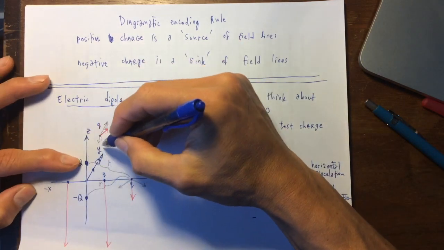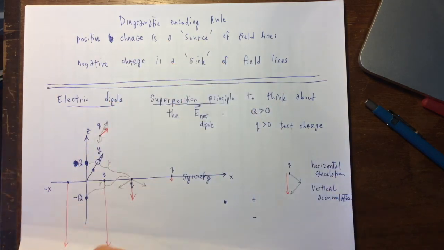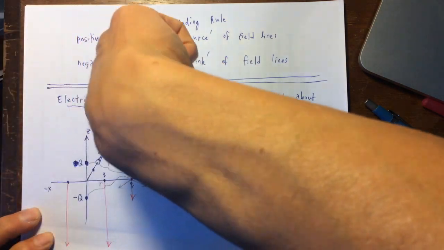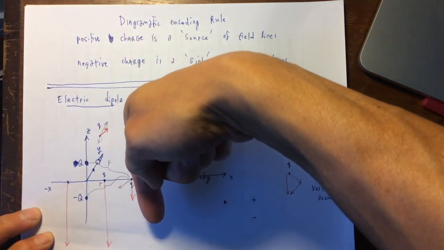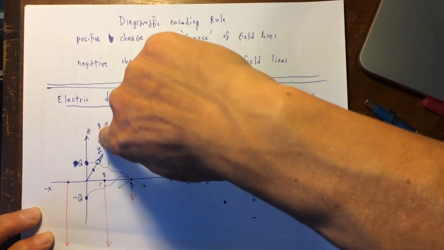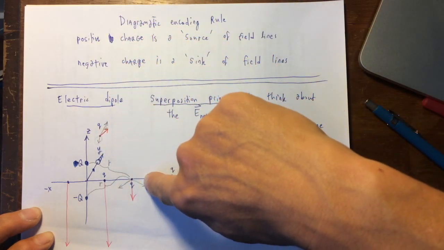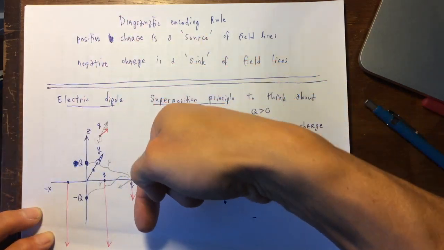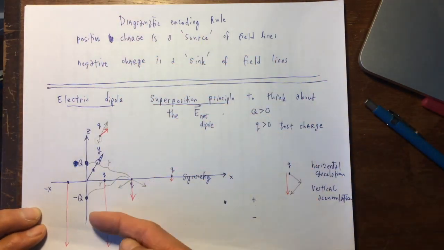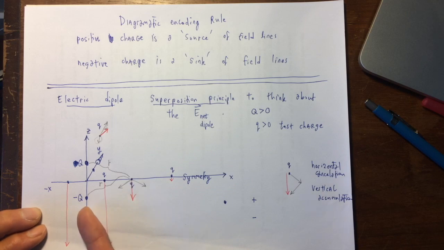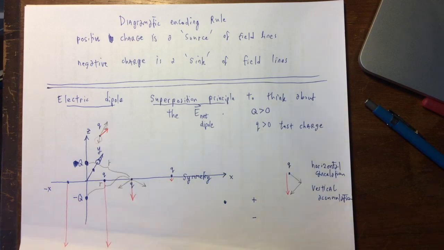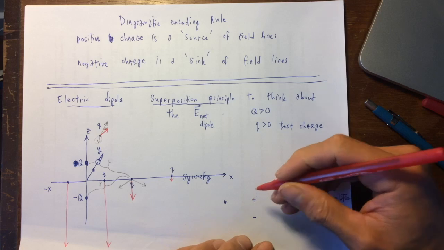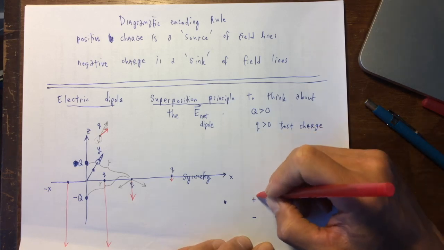And if you wander Q around, what you're going to find is that that little arrow tilts and turns over and points downwards as you wander the test charge down towards the x-axis or the xy plane. That red arrow will flip, and then as you wander down, it's going to flip again and point at the bottom of negative Q. This is very interesting, and so you begin to draw out a picture that looks like this,